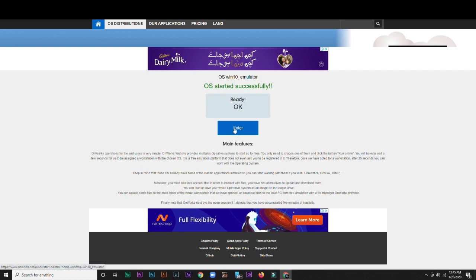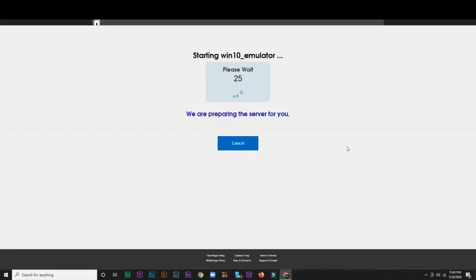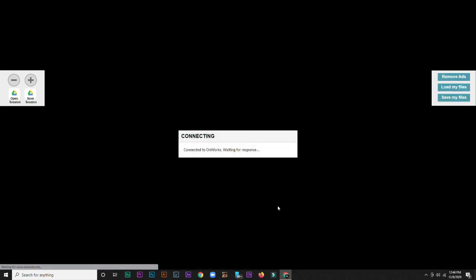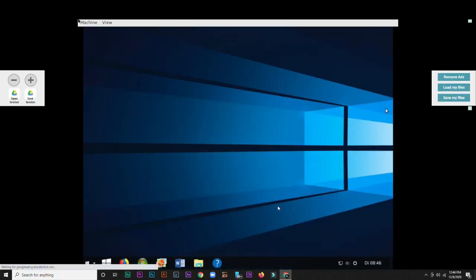Now you need to click on the enter button. Now they are basically preparing your VPS. As you can see, step 3. There you go.